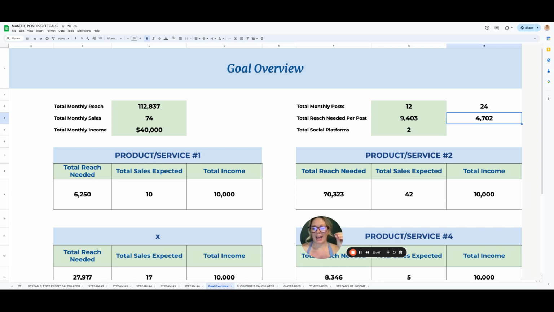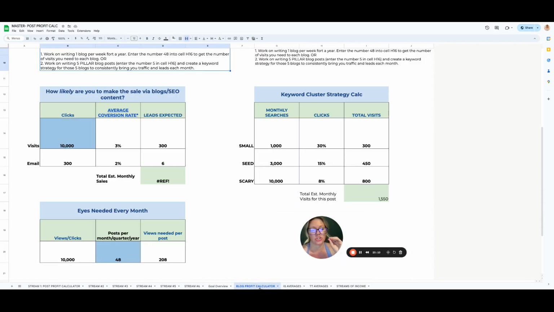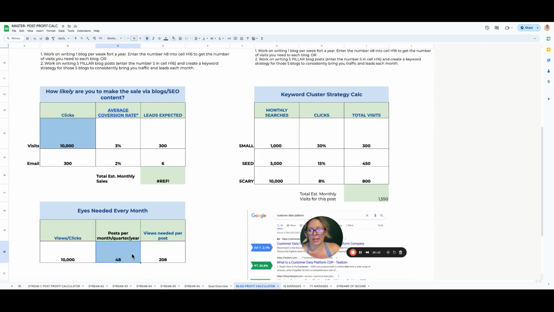I do also have a post profit calculator for blogs, and blogs are so different because instead of focusing per month on how much you need to post, you focus on how many blogs you need total. So it's a lot less work. I will probably make a whole separate post profit calculator for that, but this wasn't meant to be a